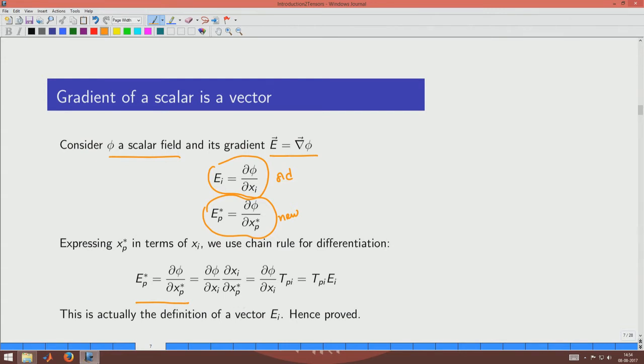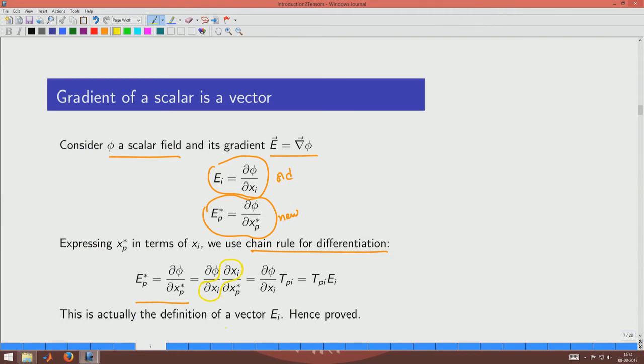So, here we use the chain rule, so that we can differentiate the unit vectors with respect to the old ones using the chain rule, and this is something that we are already familiar with in mathematics. Whenever there is a variable that is a function of three other variables, then you can use the chain rule for differentiation, which means that we are pretending that xp star is actually a variable which depends upon three variables, namely xi. Okay. So, x1, x2, x3. So, if that was true, then you can use the chain rule, and if you use the chain rule,